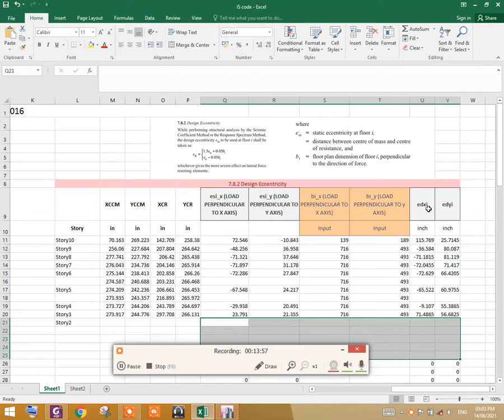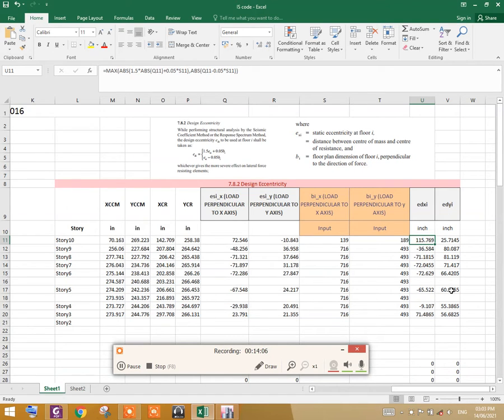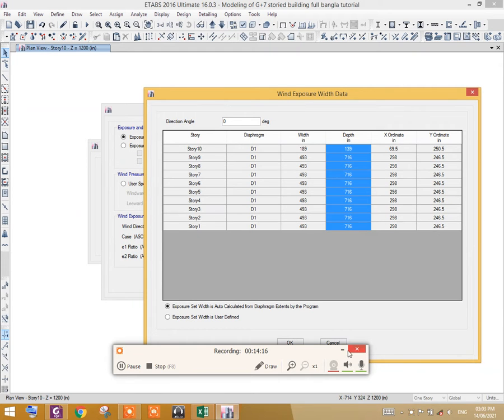Here you are seeing that the design eccentricity EDX is given in this column and EDY is given in this column. It is automatically calculated according to the formula given here. So now let us go to the Excel sheet.